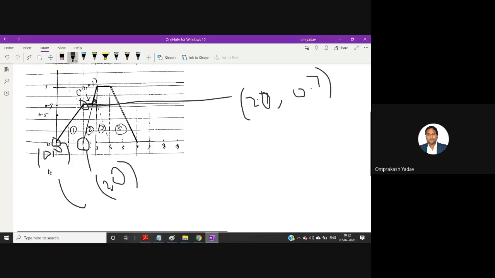Okay, so we have these 3 points: 0, 0, 2 comma 0, and the third point is 2 comma 0.7. So the x bar will be